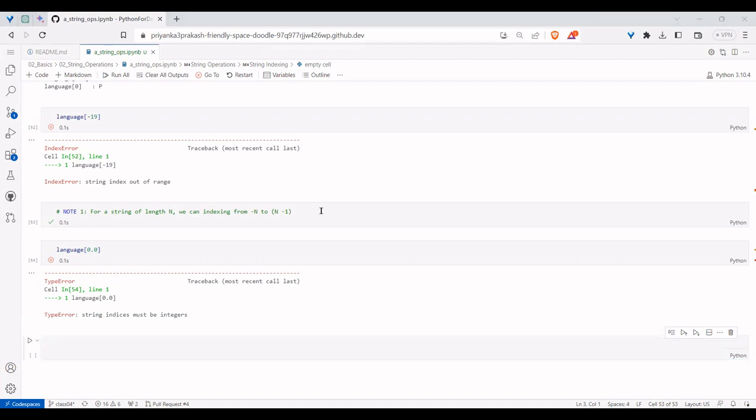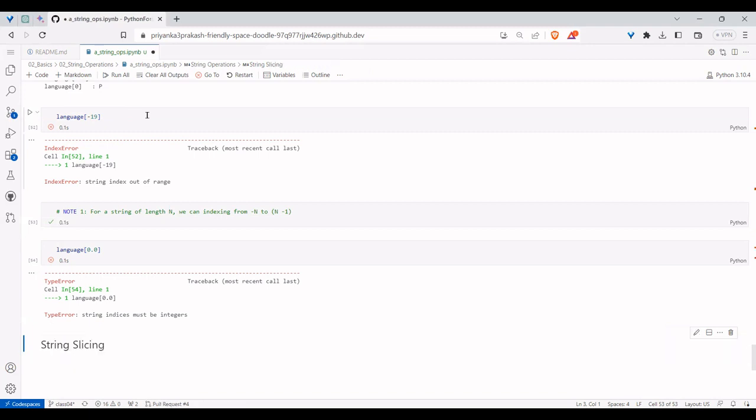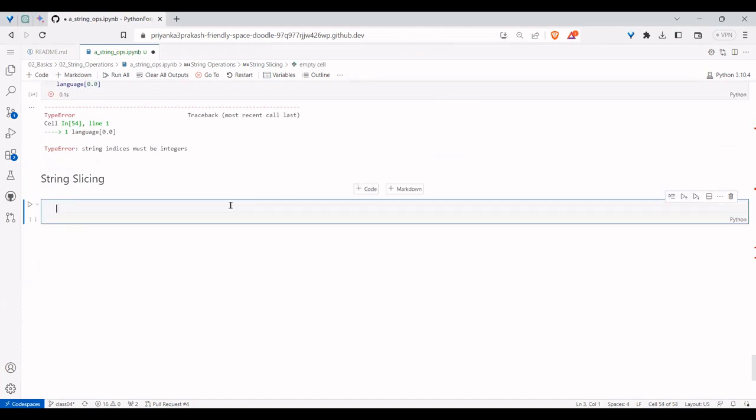Indexing means individually identifying each position. Based upon this indexing, we can do the next thing called string slicing. This is the most important point. The same rules of slicing that you are learning now will apply for other data types down the line. First, what is string slicing? To understand, if you want to slice something, first you need to index it.